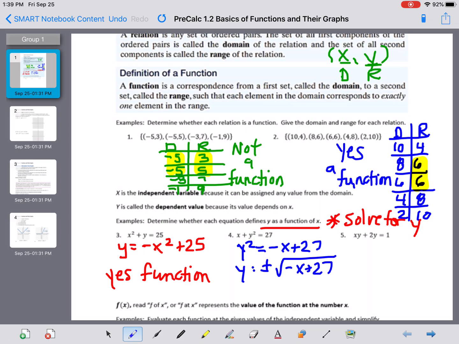The square root of 25? Well, I kind of gave you a big hint when I wrote this. I get plus or minus 5 when I take the square root of 25. Because of that, I plugged in one x and got two y values. That is not going to be a function. So this is not a function,